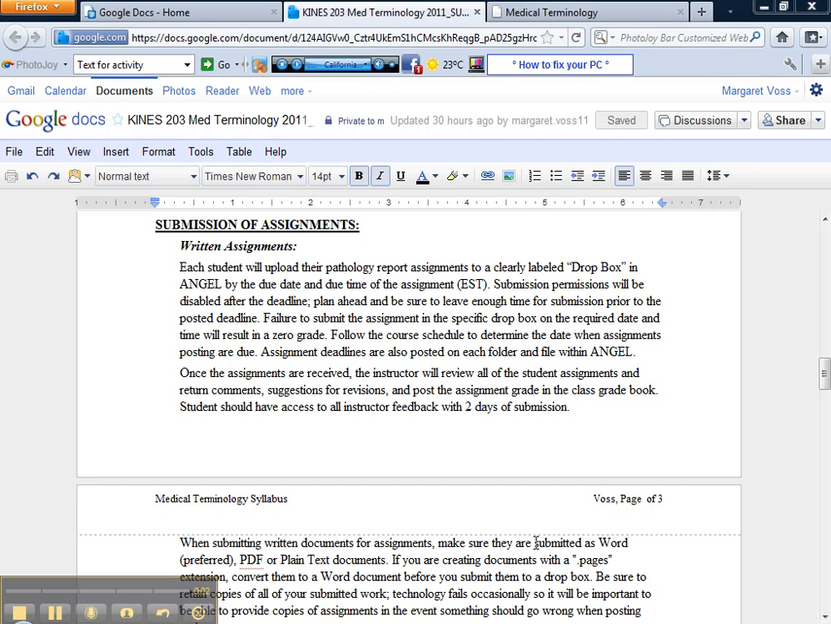Now let's review the submission of assignments. Assignments are going to be uploaded into a Dropbox clearly labeled in Angel by the due date and the time of the assignment, which always will be Eastern Standard Time, okay? I'm going to disable everything after the deadlines, so make sure that you've given yourself enough time to complete an assignment. There really shouldn't be a reason not to have the time because I'm going to open the modules up